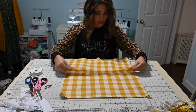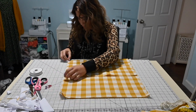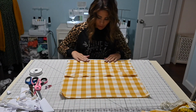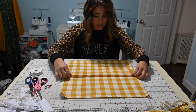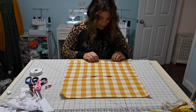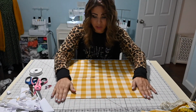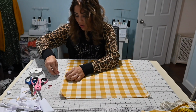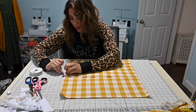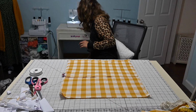Now, if you did a trim and you wanna baste it first, and then turn it around and make sure that you didn't cut too much of it, you got it just right, go ahead and do that. It is up to you. I'm just gonna go for it and sew it first on my sewing machine, and if it looks good, then I'll go over to my serger and serge it. You have to be careful too. Another issue is if you're sewing this,